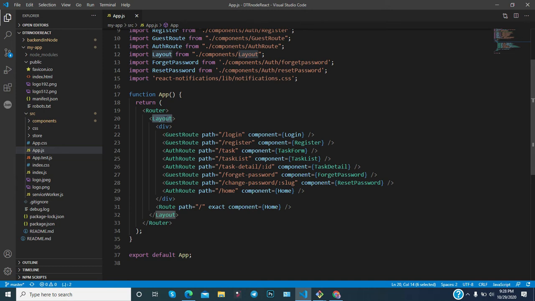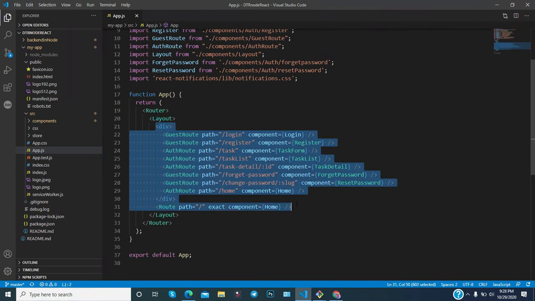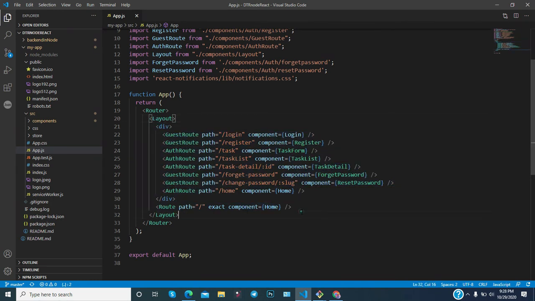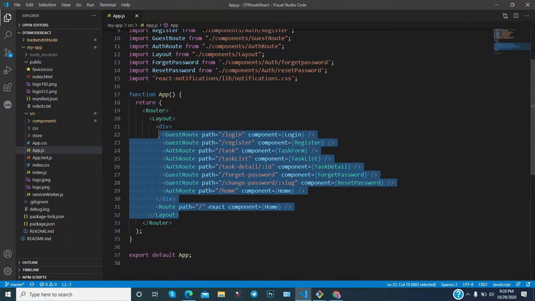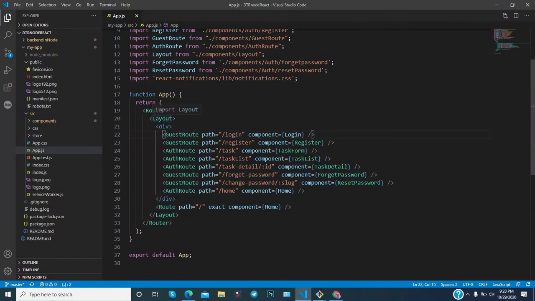Layout means another component, let's say, and this component has some content. The content is this division. As you can notice, this is the content for the layout. Okay, so this is the Layout component.